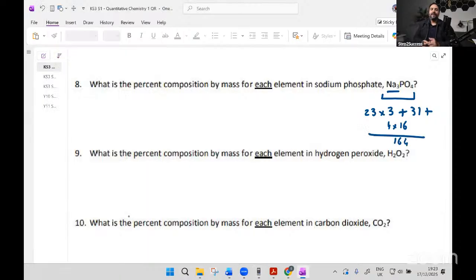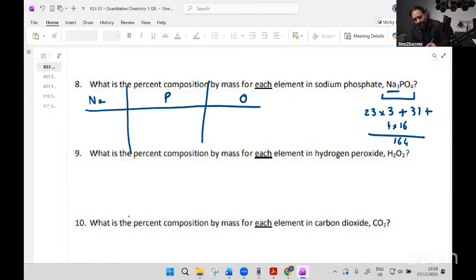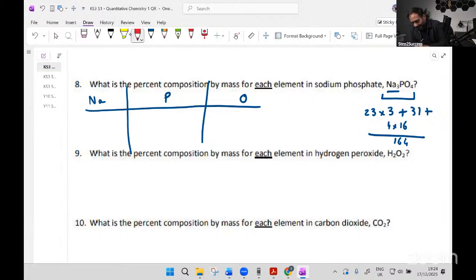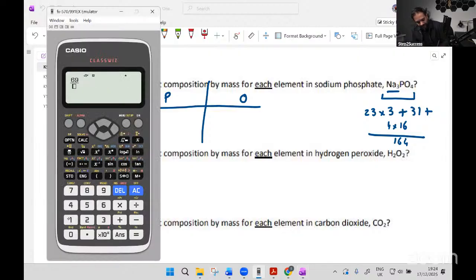Right. Then the question says, what is the percentage by mass for each element in here? Right. What are the elements? There's sodium, Na, there's P, and there's O. So for each of these, you have to do this calculation. This is why this is long, but not difficult. Okay. So what you now have to do is say, okay, out of 164, how much was sodium? Na was 23 times 3, right? So 69 out of 164. You do that fraction times 100 on your calculator, and you will have the answer. So 69 out of 164 times 100, which is